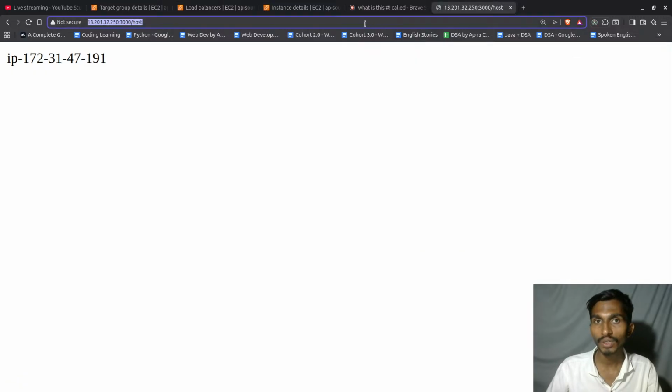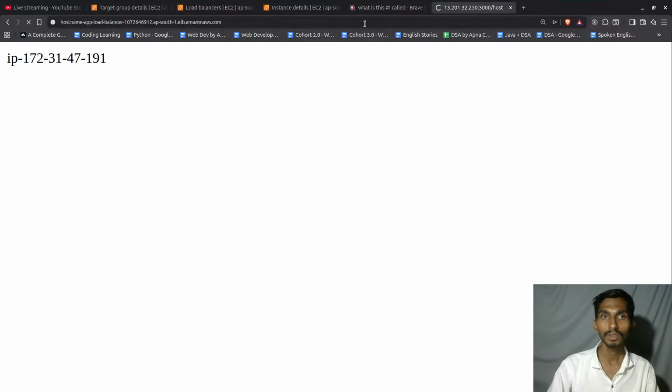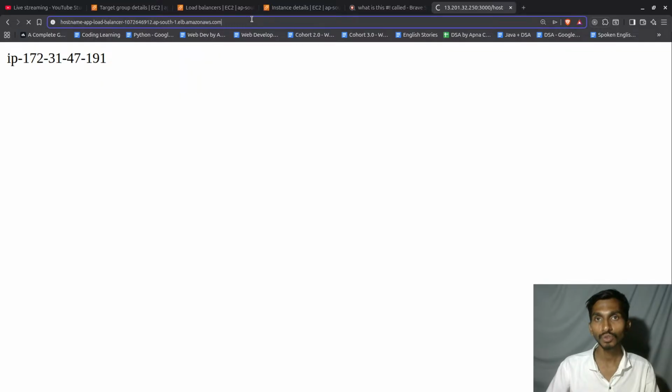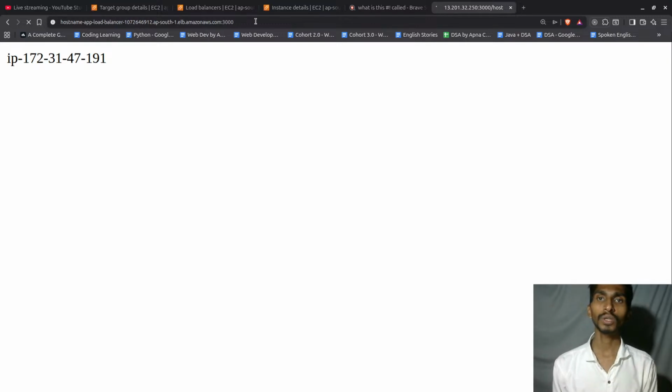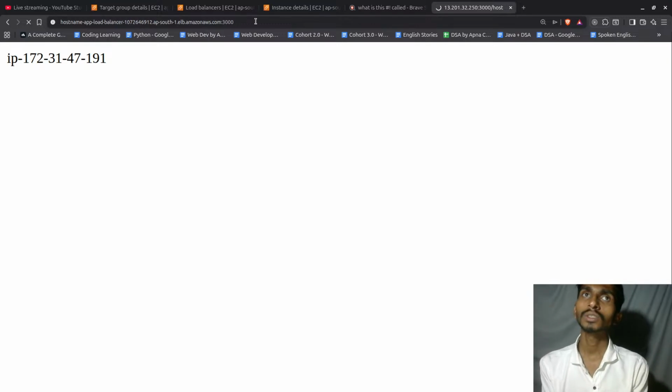If I just try to get the result using this DNS, let's simply send a request. The request should actually go to 3000 port if I'm not wrong, so let's simply add that as well. Hopefully it's gonna be working. Hostname load balancer. So I'm actually sending the request to the load balancer right now. The load balancer should be getting it on port 80, and once it gets it on port 80, should be working. Yeah,